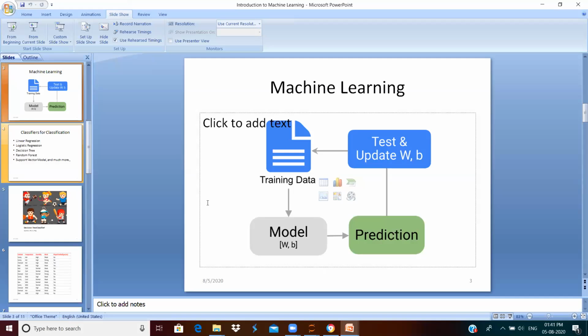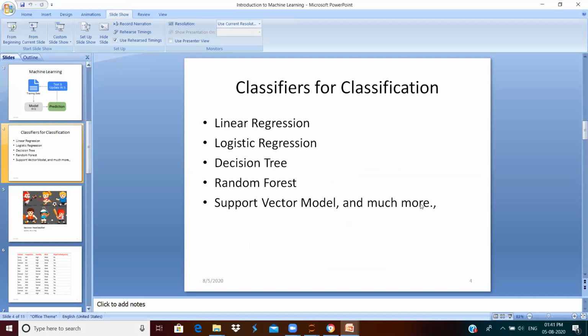So that is what machine learning is. And as we discussed earlier in the morning, there are different algorithms for you to develop your model, right? So there are regression algorithms, and algorithms such as decision tree, random forest, support vector model, and many more. And we have started with the regression technique.